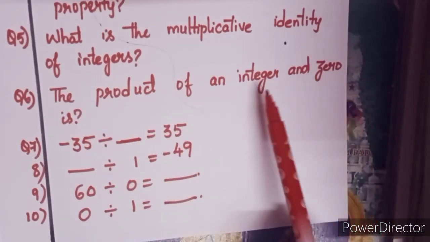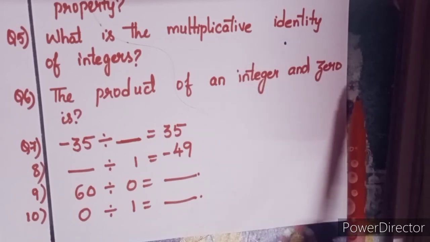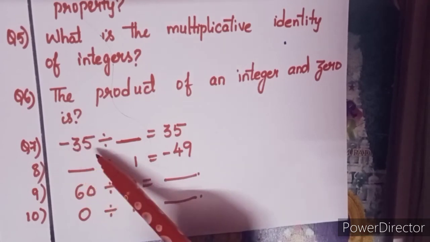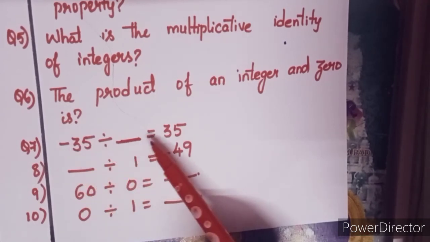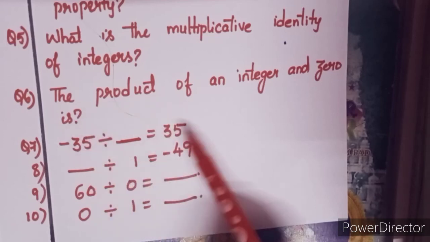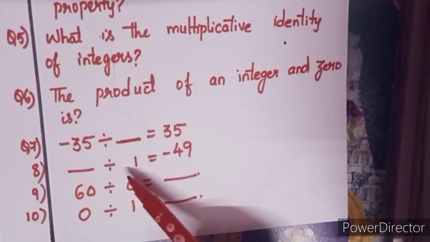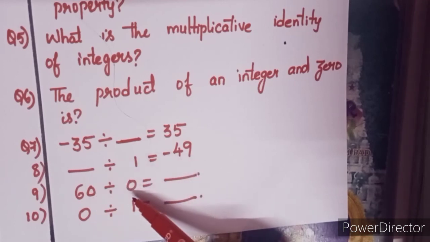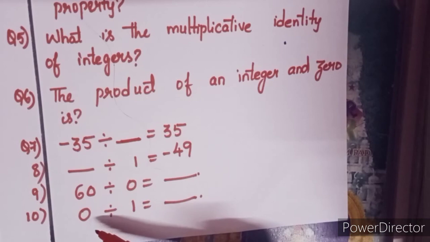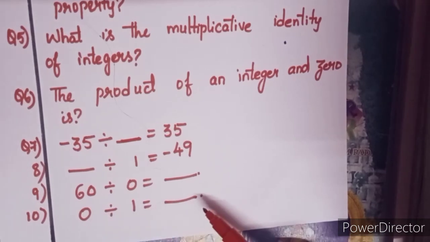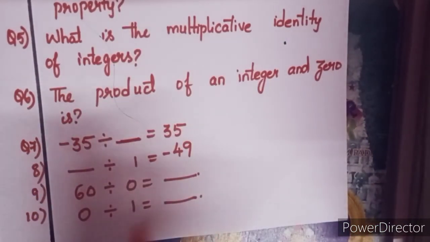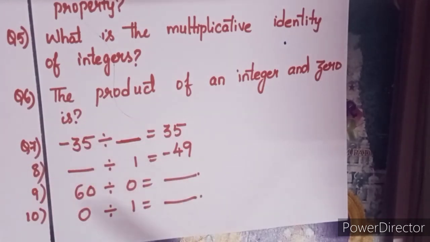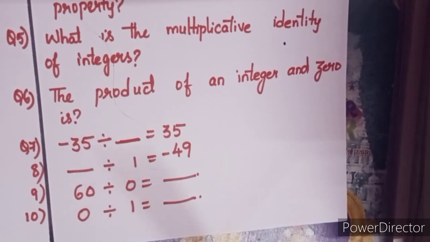Next, the product of an integer and 0. Integer means any number, and 0 is what? Next, minus 35 divided by what will give you 35, children? So dash divided by 1, you will get minus 49, children. 60 divided by 0 is what, children? And 0 divided by 1 is what? This is all whatever we have learned in this session. Go through that, think and